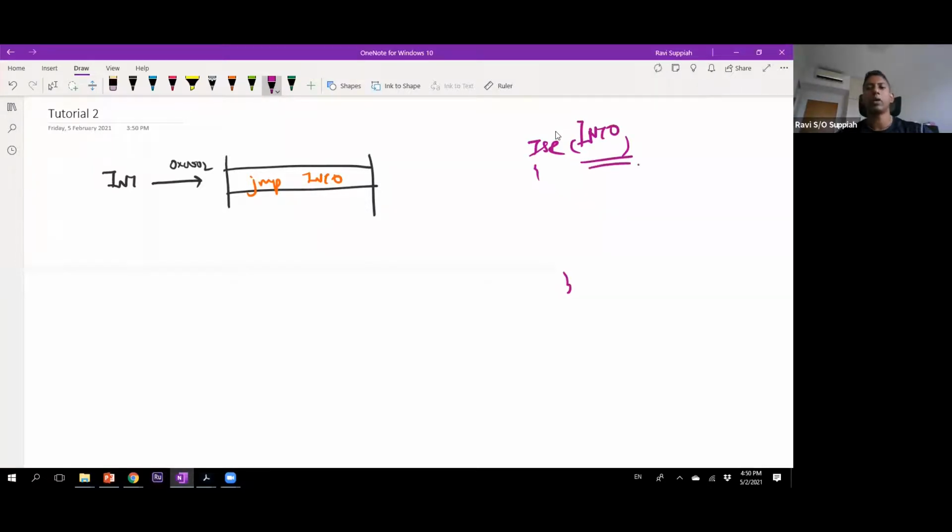The address location of where this is in memory will be stored inside here as part of this instruction, because this address can change.